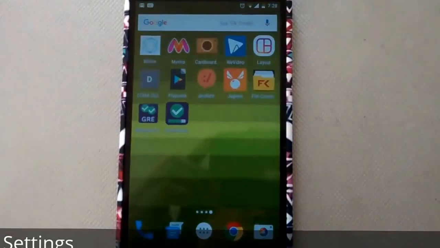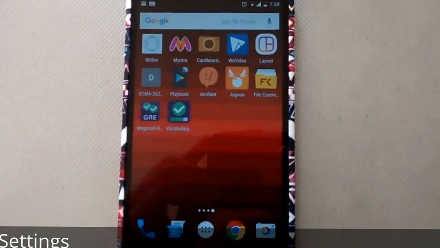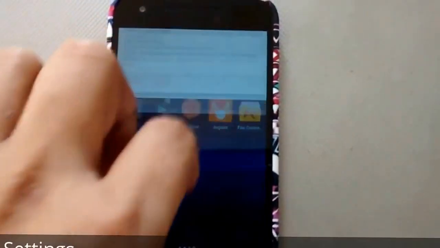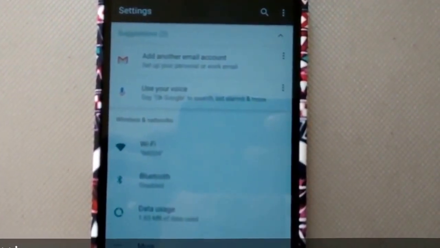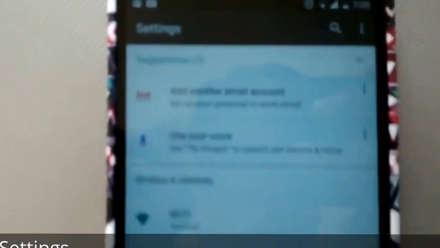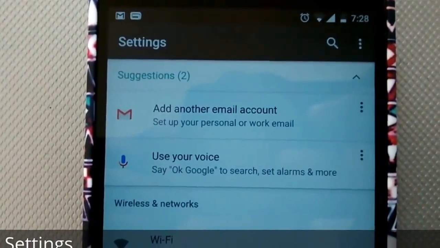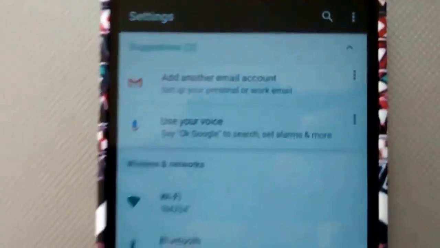Settings. In Android N, we have this new settings panel as well. So let me launch settings. Alright, so as you can see there is one new section, suggestions, and it is having 2 items.